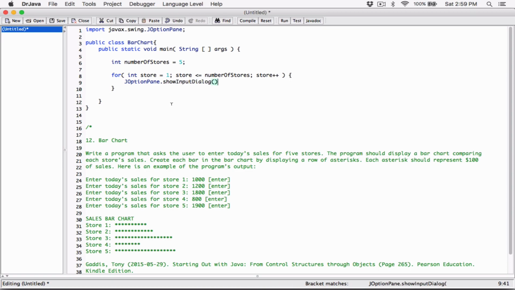inputDialog, and I'm going to type it just like this: enter today's sales for store 1. So enter today's sales for store. Now instead of typing store 1, it wouldn't make sense, because each time the loop runs, it's going to say enter today's sales for store 1 for store 1. I have the number of the store stored in this variable store, so I can basically